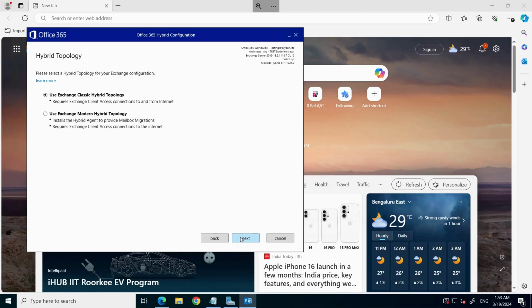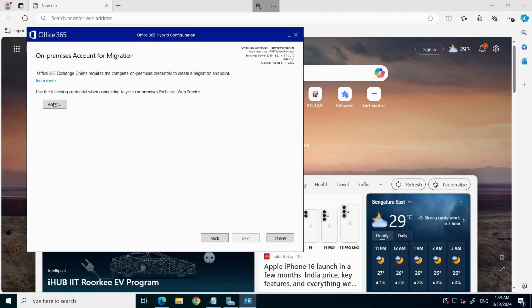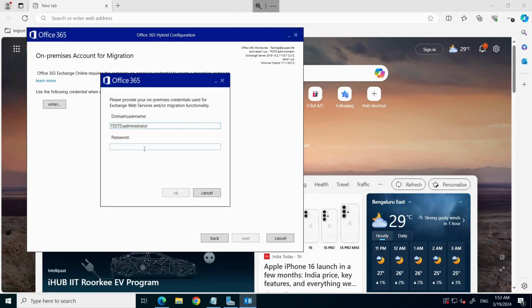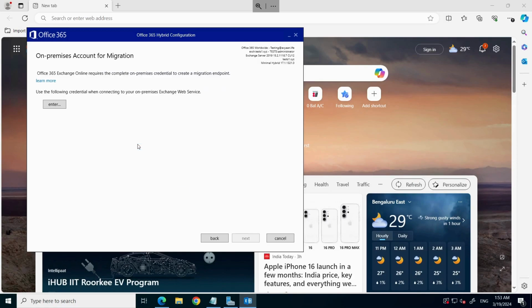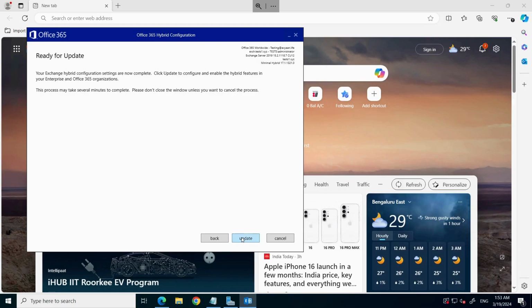Click on next. We'll use classic because modern has agents. We don't want to go into that. Let's keep it simple. Next again. Now it's asking me to enter the credential to create a migration endpoint. So this is the important task. So we'll do that. And just to let you know, it's asking me for my on-premise credential. Next